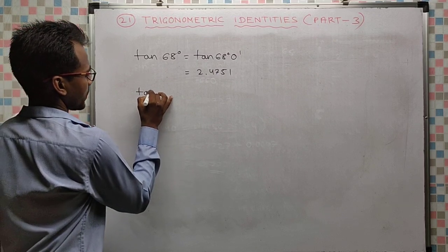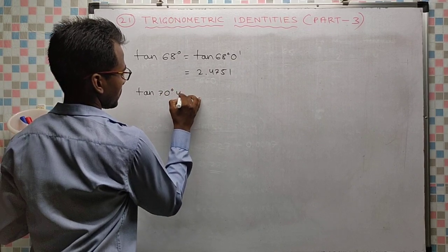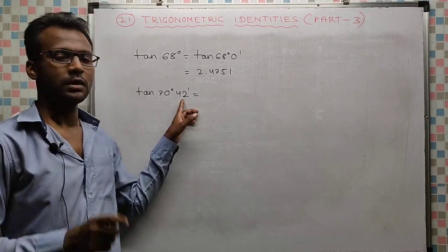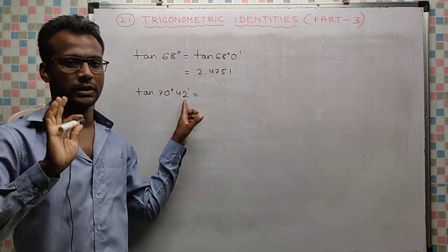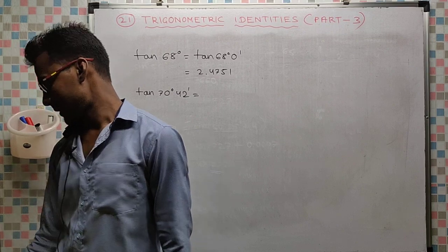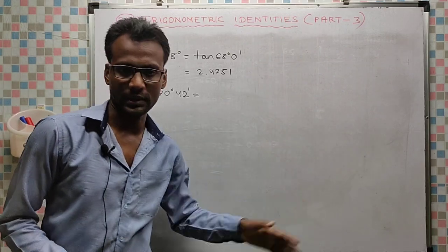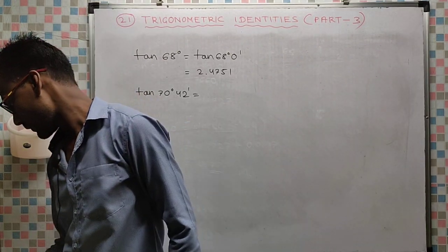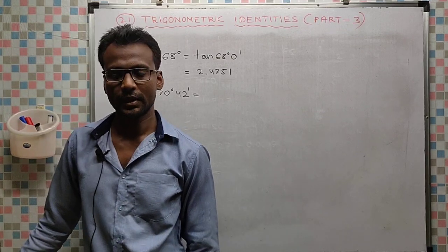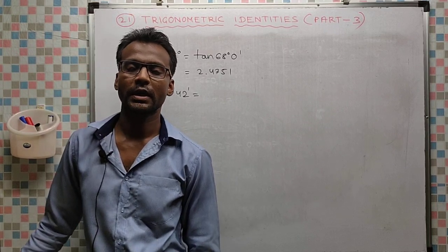Next, let us move to tan. Suppose 70 degree and 42 minutes. Tan 70 degree 42 minutes. 42 is a multiple of 6, so it must be in the first row. You can check 70 degree 42 minutes. Move horizontally for 70 degree, move vertically for 42 minutes. You will get a point of intersection. The corresponding value is given 8556, but it is not 8556, it is